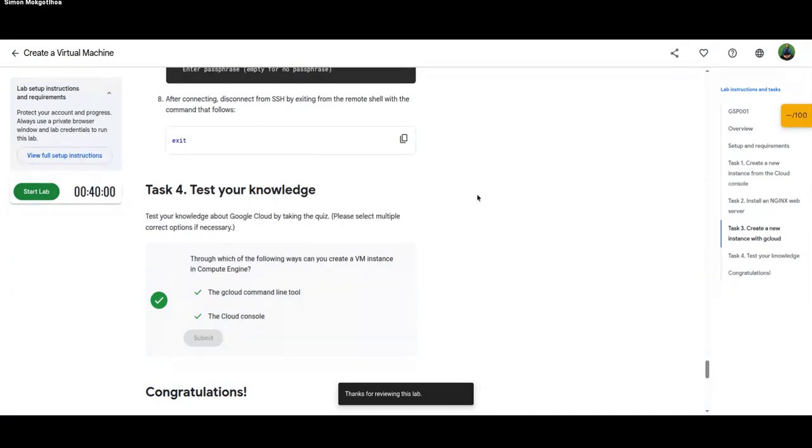Okay. Let's go back to our main screen. So that does it essentially for our demo, right? That's what I wanted to show you guys, how to play around with the GCP labs and how to create your own VM instances.